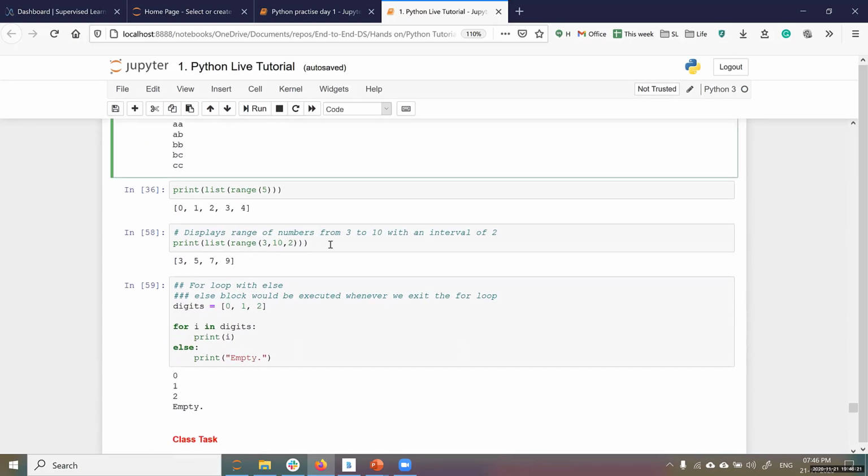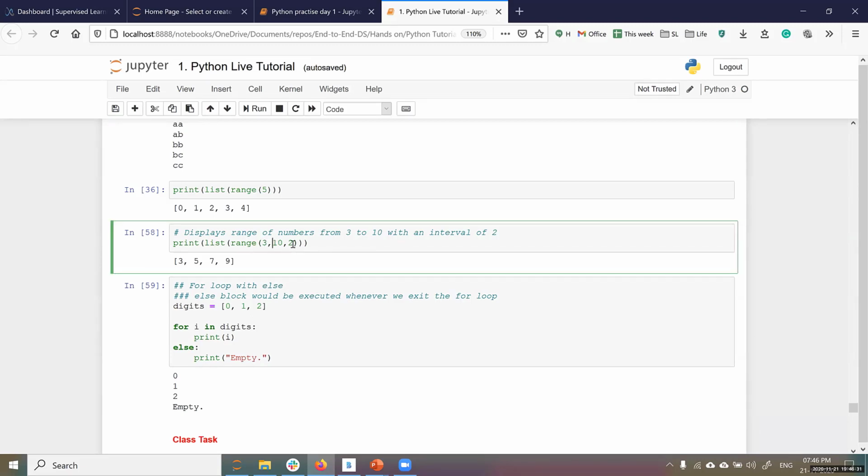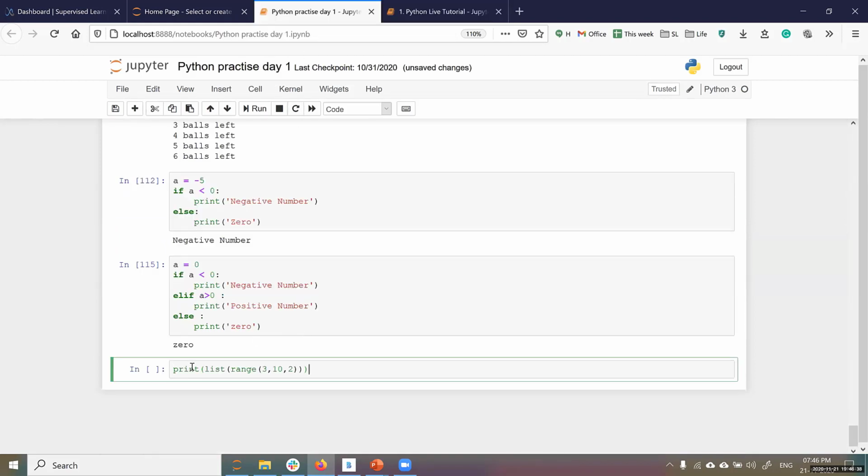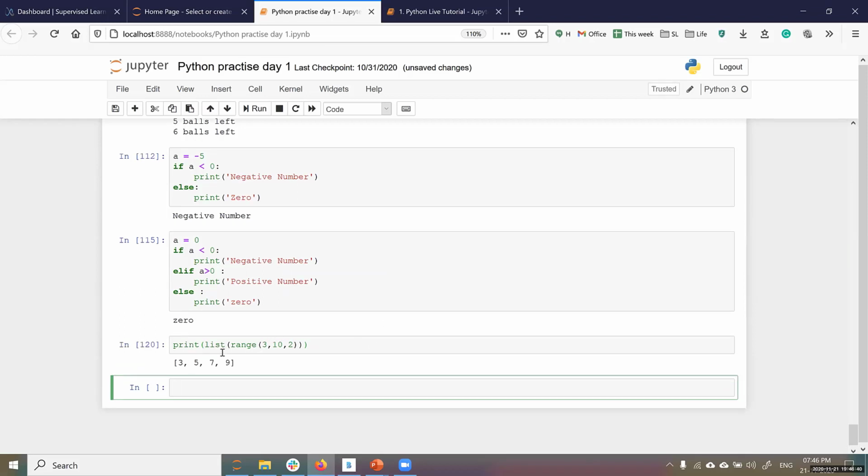Again, range comes with start, stop, step and all, which we have seen in the list sequences. If you put range of 3, 2, okay, they should be coming, right? I think I made some mistake sometime back. 3, 10. So range always generates a sequence in case you want to iterate over an integer or list.